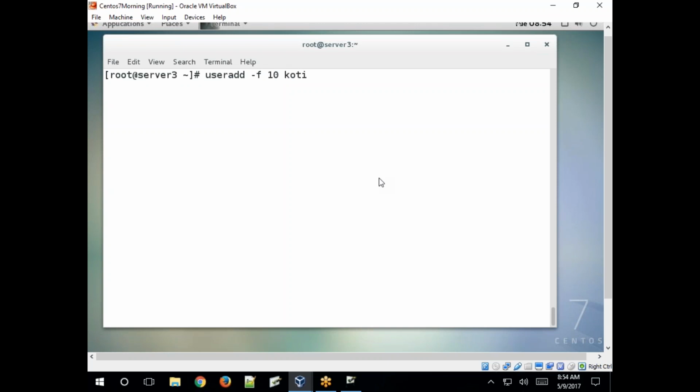I'll tell you that. Here we are not setting any password, just creating users with different options. I'll tell you how to set a password for a user account. So creating a user with password expiry -f, then the number of days. So before these days, you need to change the password. If not changed, automatically the password will be expired after 10 days. Clear?